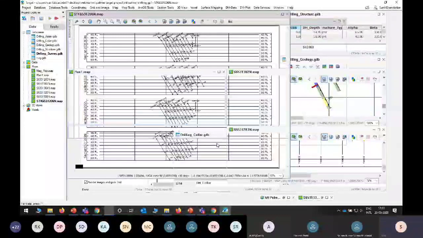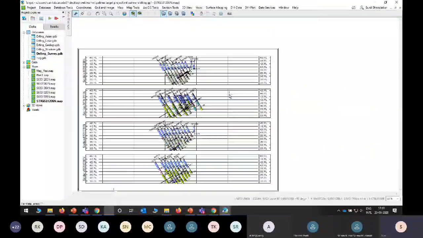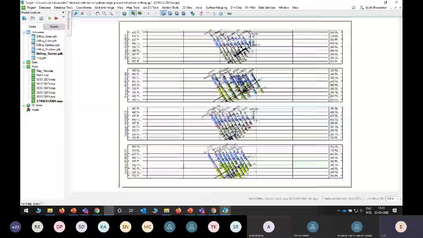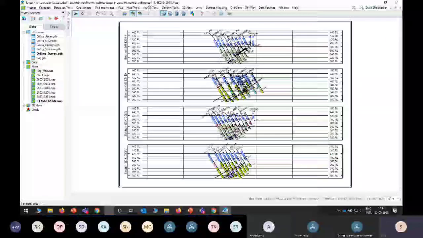Here you can easily interpret from this location to this location where you are getting good values of gold, and you can see the direction is more or less the same in all the sections. That helps us a lot in interpretation, and we need to select an appropriate paper size and scale so that we can visualize correctly.